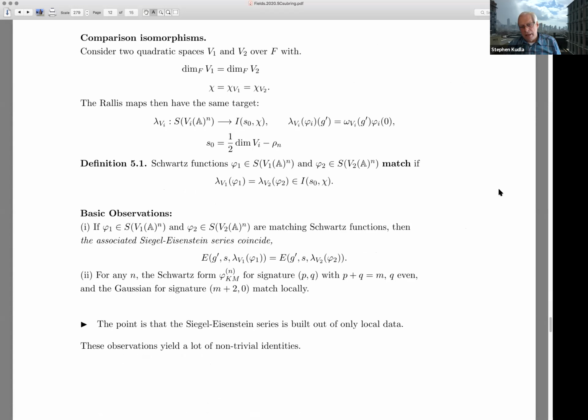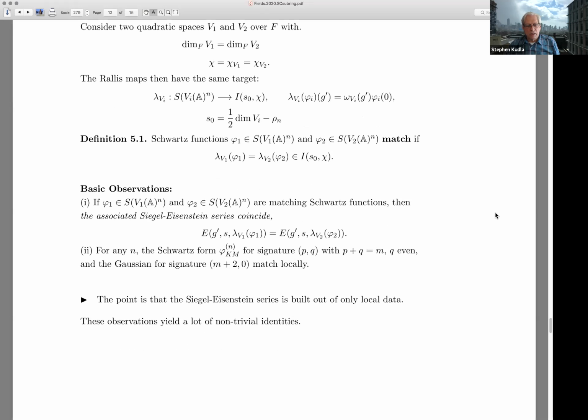And so I make a definition, namely, Schwartz functions in these two different spaces are said to match if their image under the Weil map coincides. So I call them matching if the image under the Weil map is the same in this induced representation. Now, of course, the point is that if I have matching Schwartz functions, then the associated Eisenstein series are just